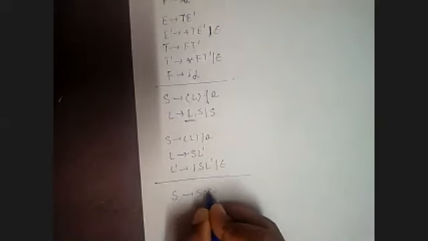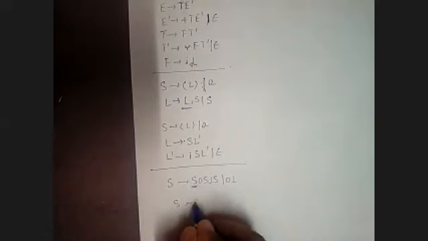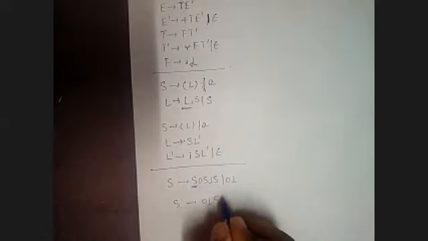So take another example, S tends to S 0 S 1 S or 0. Now this is a cause of recursion. So we remove that. The new production is 0 1 S dash. Now S dash tends to 0 S 1 S S dash or epsilon. So in this part, there is no recursion, so this is the solution. I hope each and everyone understands how to remove the left recursion.